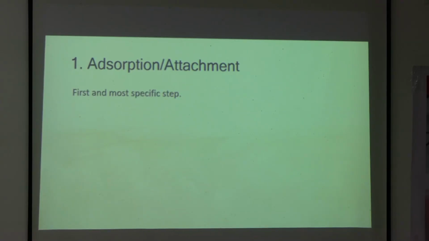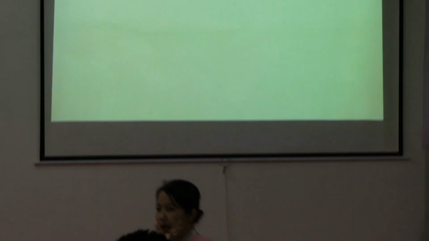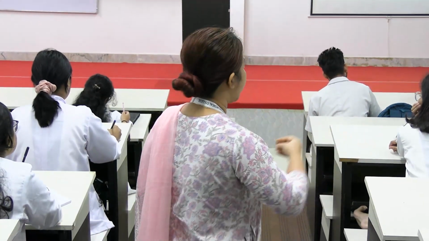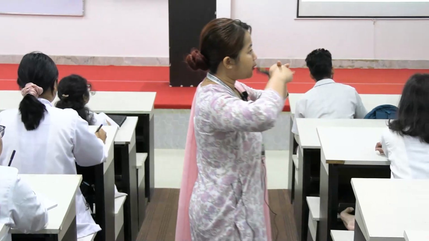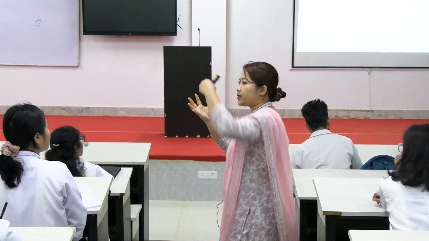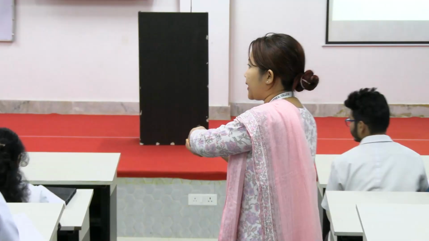Okay, so attachment. First, attachment, how do they do it? What was the outer layer of the virus? Outermost spikes. The envelope spikes, peplomers. They cannot just go and attach and start the attachment step. There is a receptor in the outer part of the peplomers and the host cell also has another receptor. Both receptors will bind together and then the attachment happens. Okay, clear? This is how attachment happens.